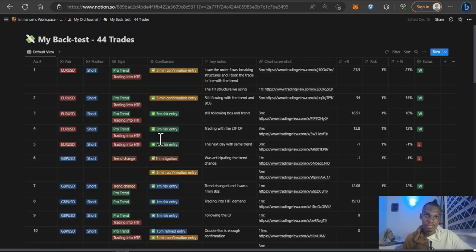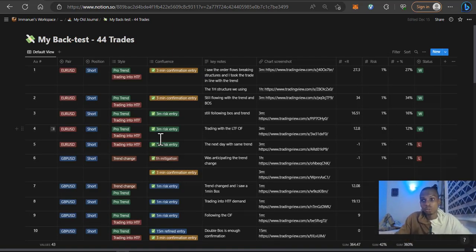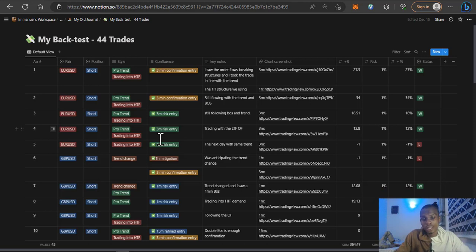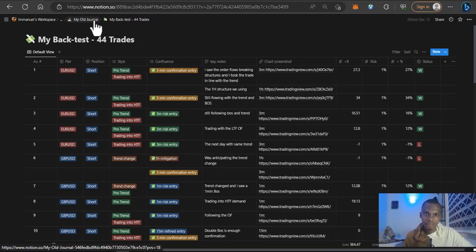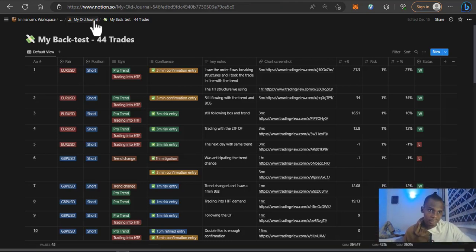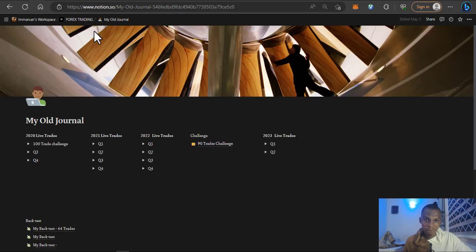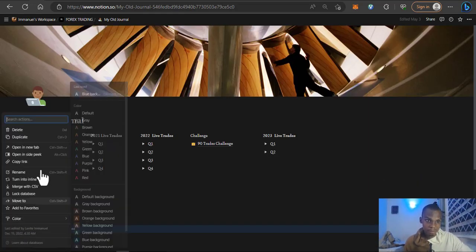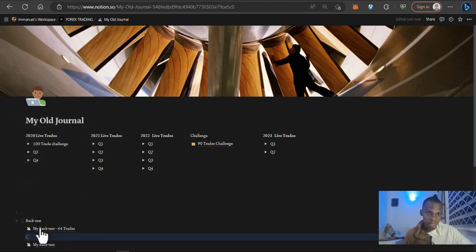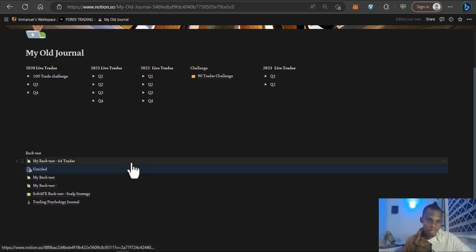Duplicating means I'm going to divide it into two. And when I divide it into two, I'm going to wipe out everything that is here, and then share with you guys. This is my backtesting way back that I did when I started trading SMC in 2021. So this is the first backtesting I did. Duplicate, and yeah,